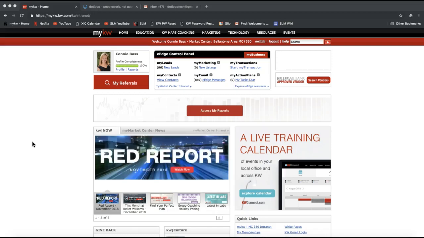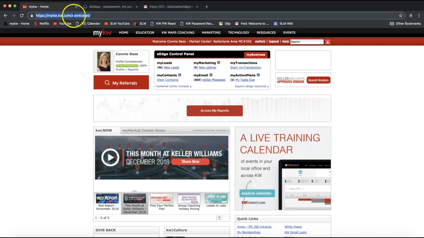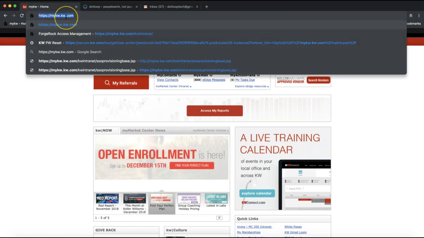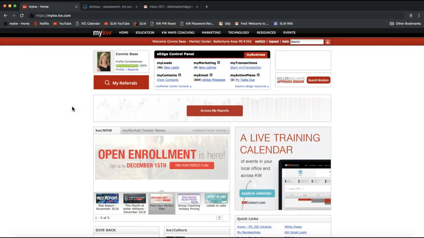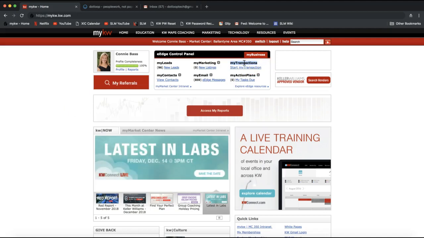Dotloop for a while, the best way to log into your Dotloop account is actually by going to mykw.kw.com. That's where I am on my screen here. So you'll see on the top address bar, I'm on mykw.kw.com. And that's where you'll really go to log in for all your KW tech tools. So it's kind of like your technology hub with KW. And the best way to get into Dotloop without further password, you guys have enough passwords as it is, one